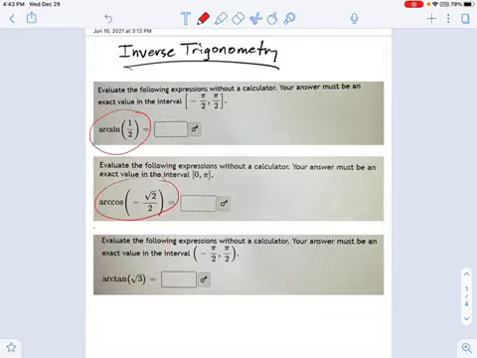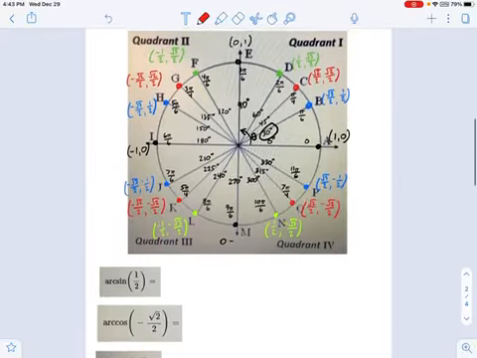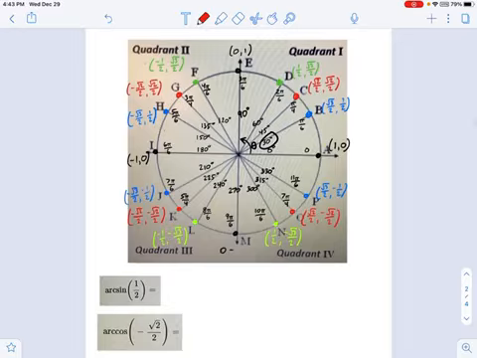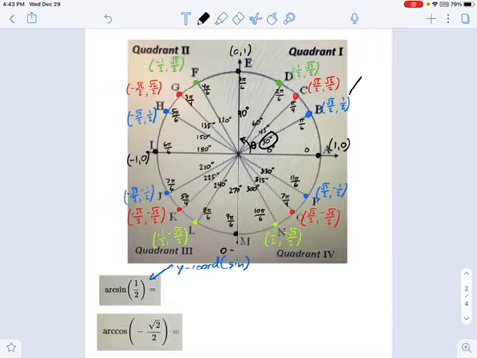So I'm taking these three inverse trig functions, and I have them down here, along with the unit circle. Never leave home without that. Let's start answering this question. Arc sine of 1/2. In other words, where on this unit circle do I have 1/2 for the y coordinate? Remember, that's the y coordinate value. That's your sine function. I can see it right here. I see the y coordinate of 1/2, and that means this is 30 degrees.